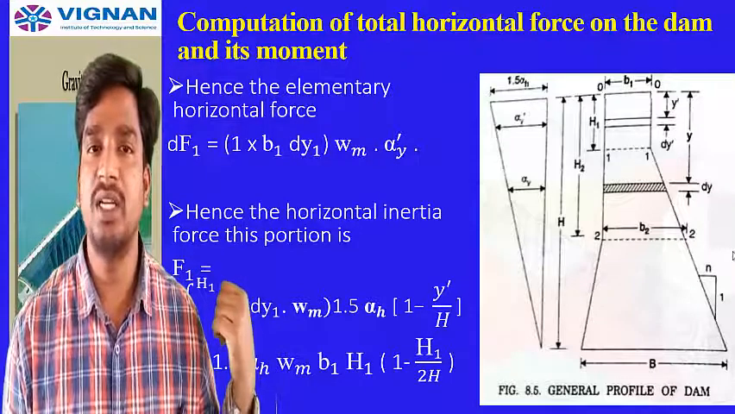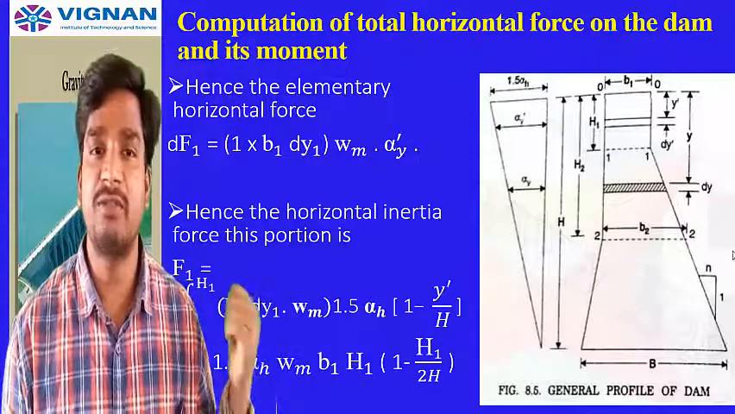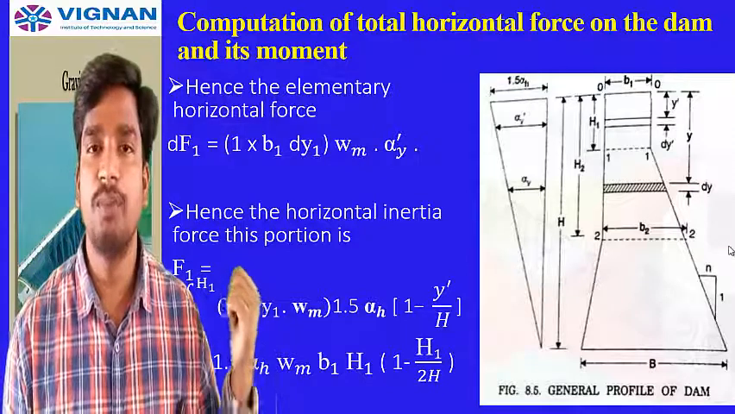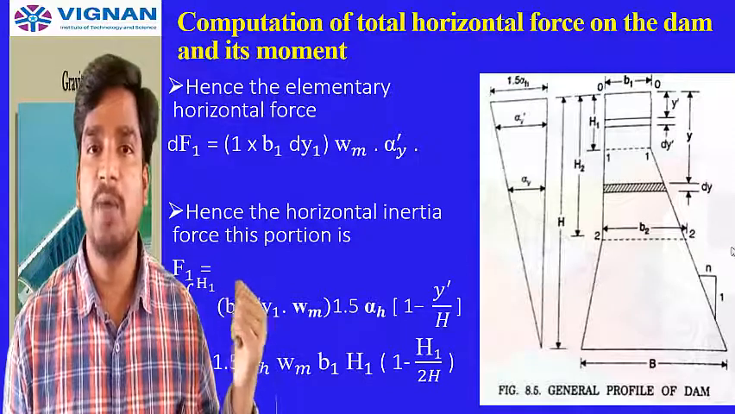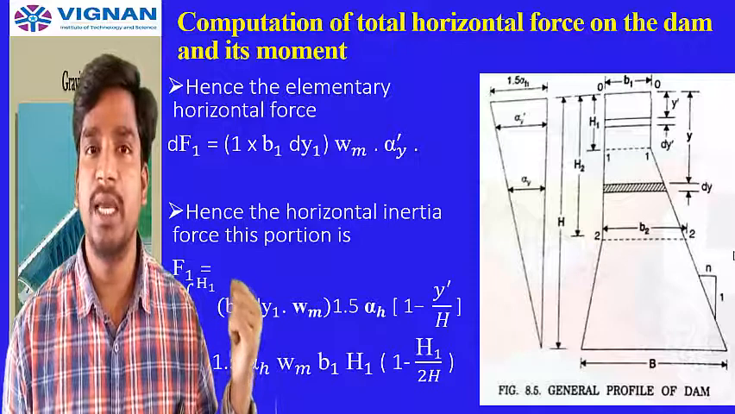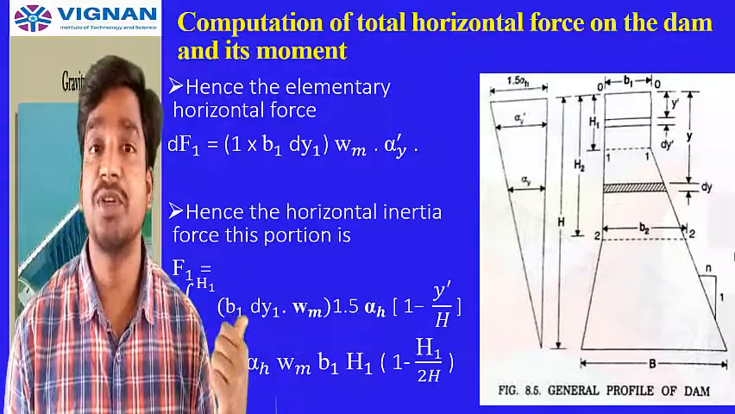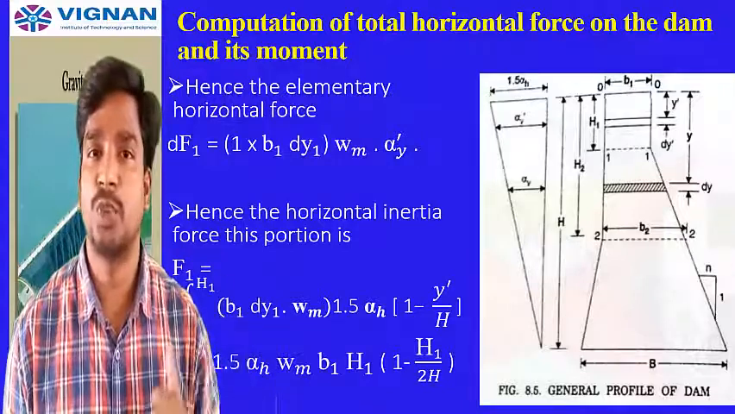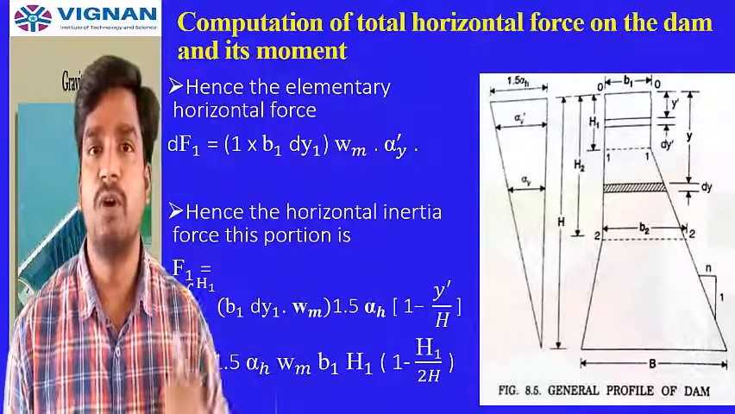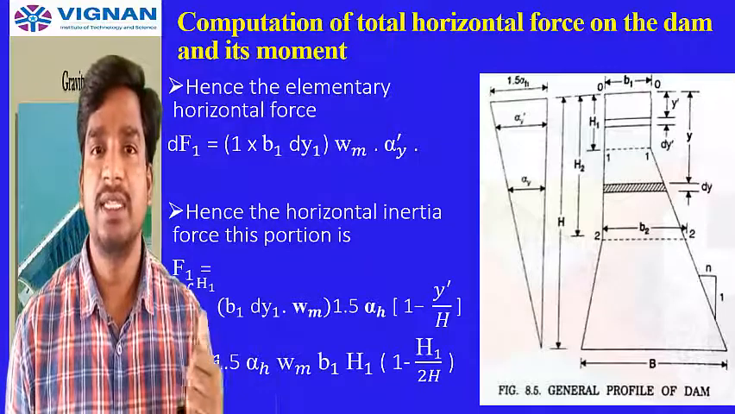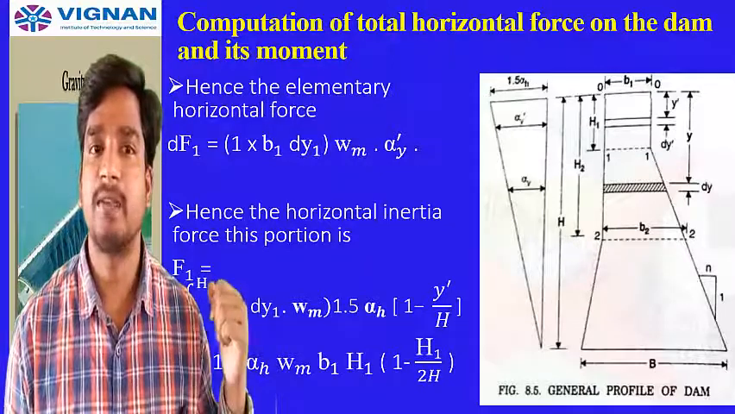So after integration, the final equation is given as F1 is equal to 1.5 alpha h into Wm into B1 into H1 into 1 minus H1 by 2h. So that is the final equation of force in the first portion, 0, 0 to 1, 1 portion. Okay. Similarly, if you see for the second